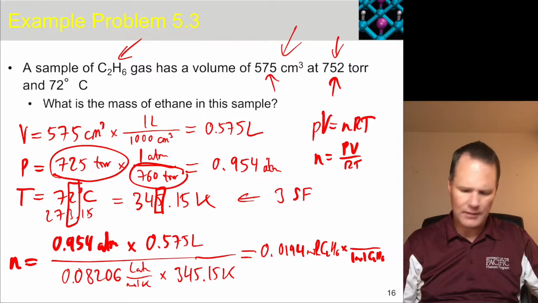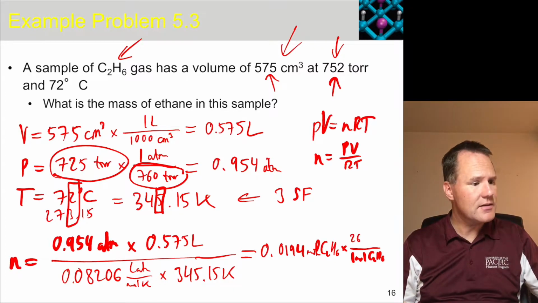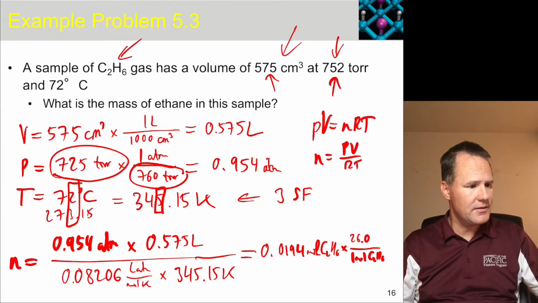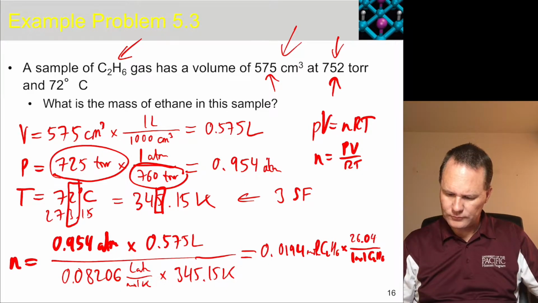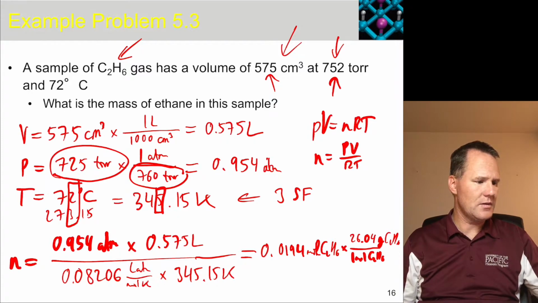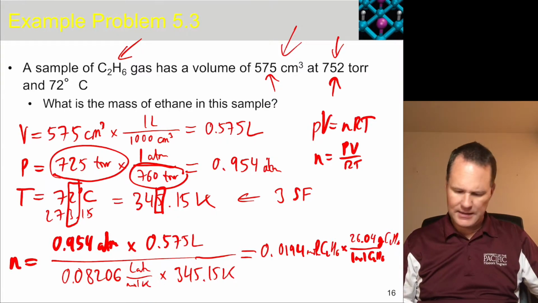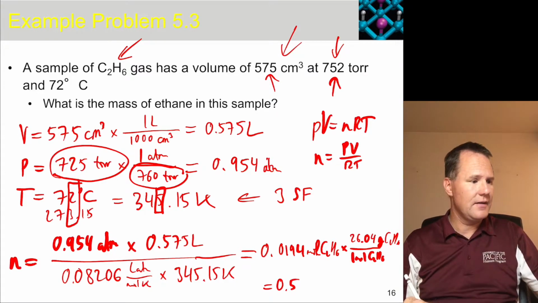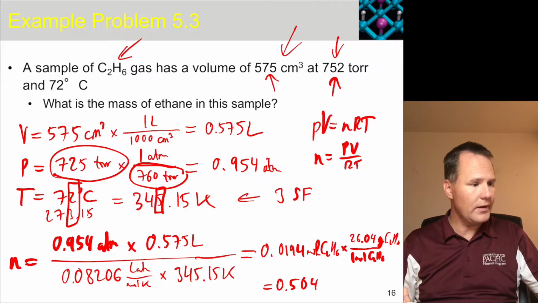So if I calculate right, I get 30.0, let's do another digit, 4 grams of C2H6. Now it looks really ugly, but nevertheless, if I multiply this conversion factor with the moles, then what I get is 0.504